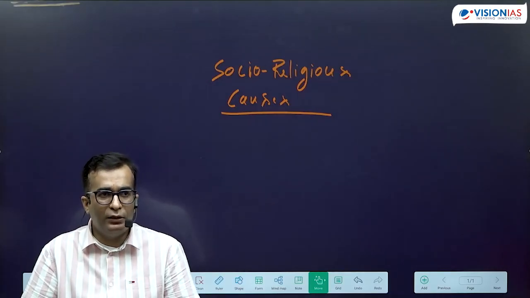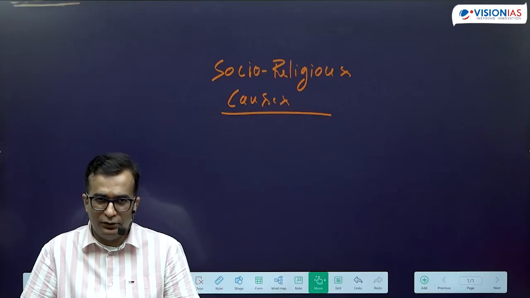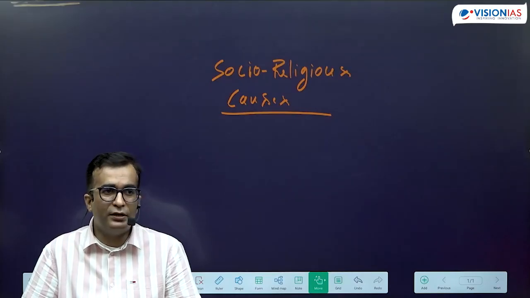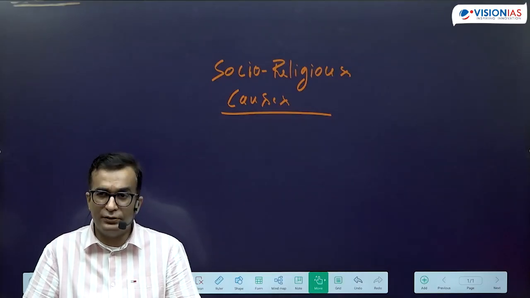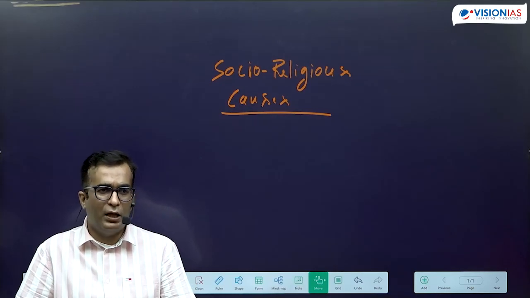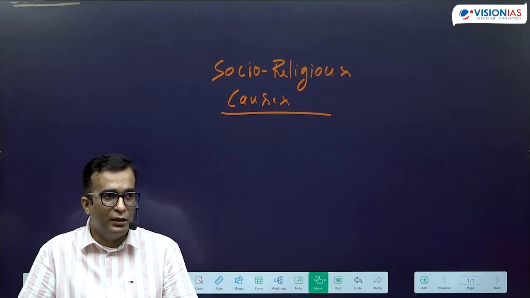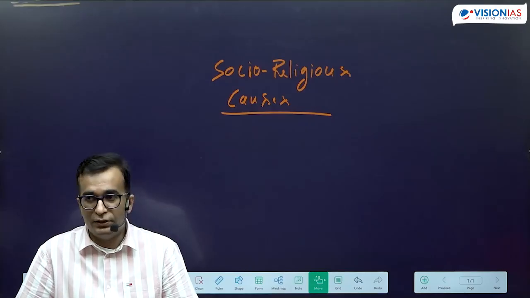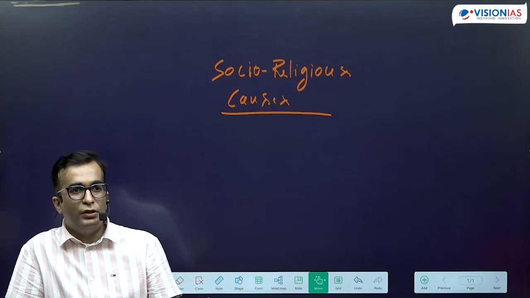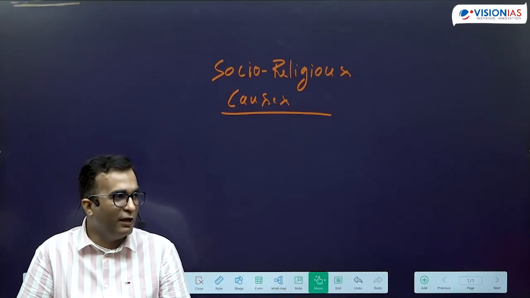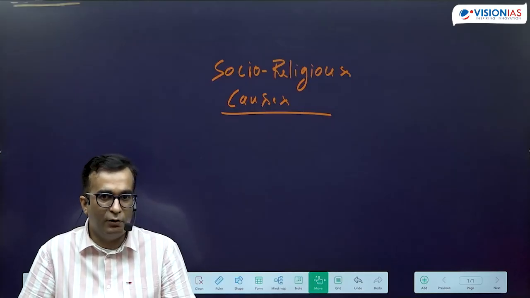So first of all, when we talk about the social intervention or basically interference which was done by the British, in what manner was it done? There are a few questions which I need to ask you, because we are going to move into that topic only after completion of this topic, socio-religious reform.